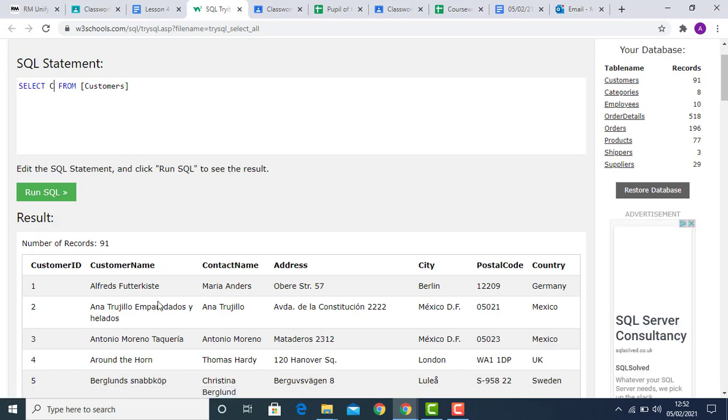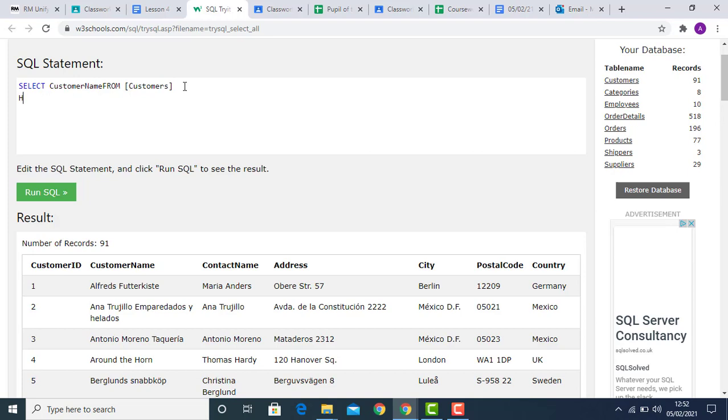I'm going to pick up customer name, but you can add more than one field there as well. So I put in customer name, and then I just delete that space there, from the customers table, and then on the next line,